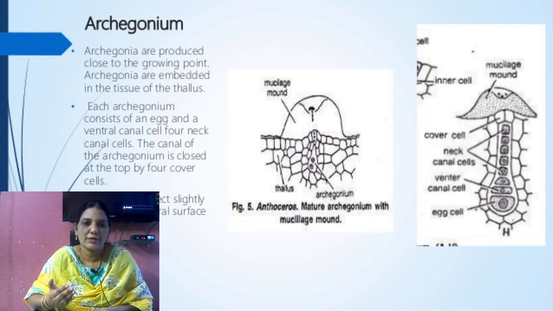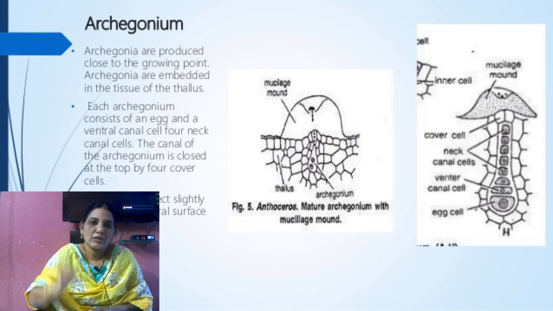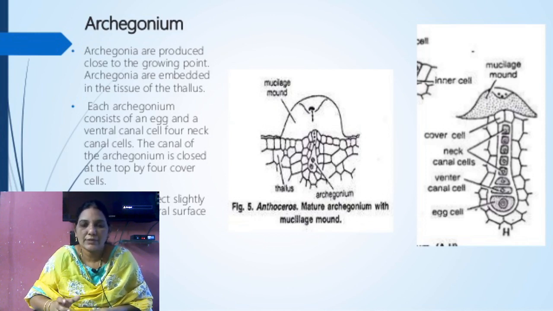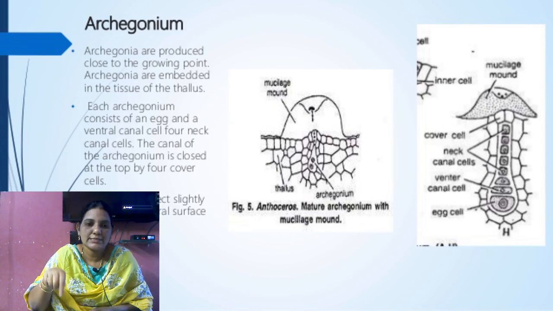The upper cell is called the venter cell and the lower cell is called the egg cell. So this is the archegonium. Completely, it is a flask-shaped structure covered by jacket cells,